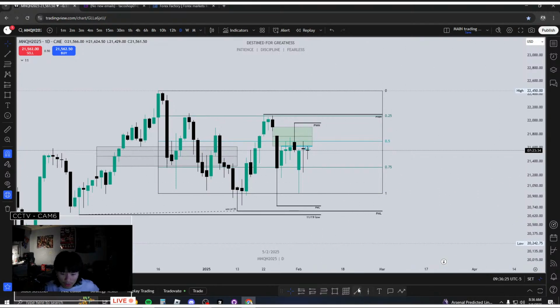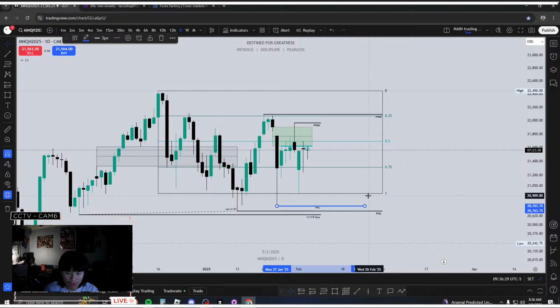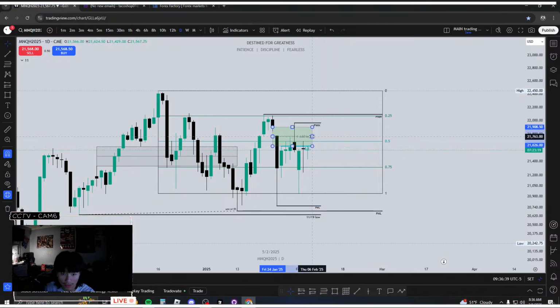We still haven't closed below this previous week's low, which is technically the second fair value gap's candle low here. So that means that this gap that we created on the daily time frame should continue to be rebalanced, this green box right here. So my objective for today is I want to see price rebalance the inefficiency here on the daily time frame and possibly take out